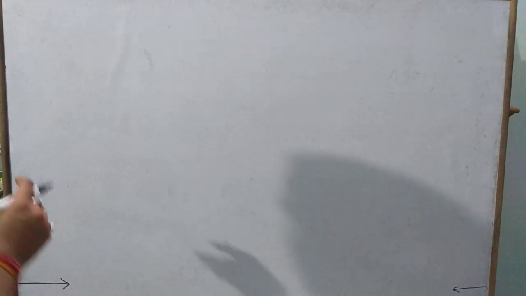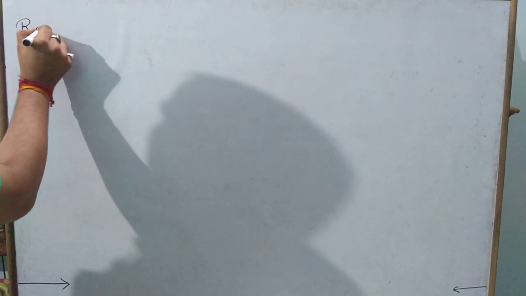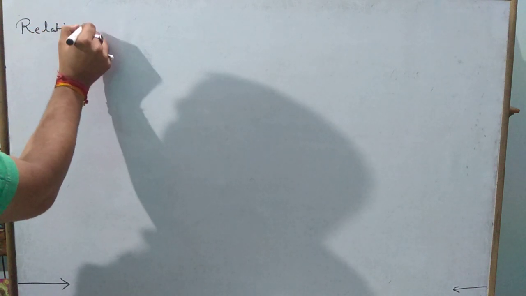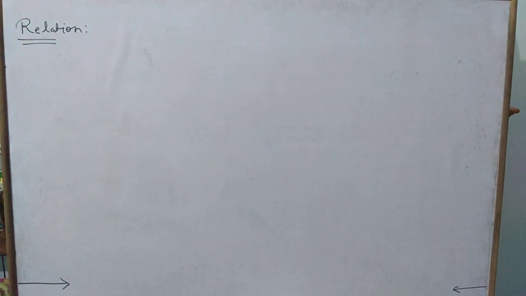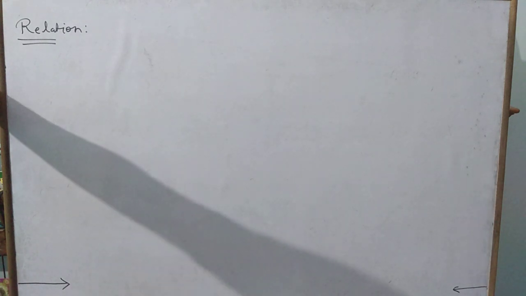Okay, so after understanding ordered pair, the cross product, union and intersection, now we are going to discuss relation. In mathematics, generally, relation is a word we know from everyday life. Like I am your teacher, so I am connected with you and you are my student. So there is a relation between you and me, student and teacher.